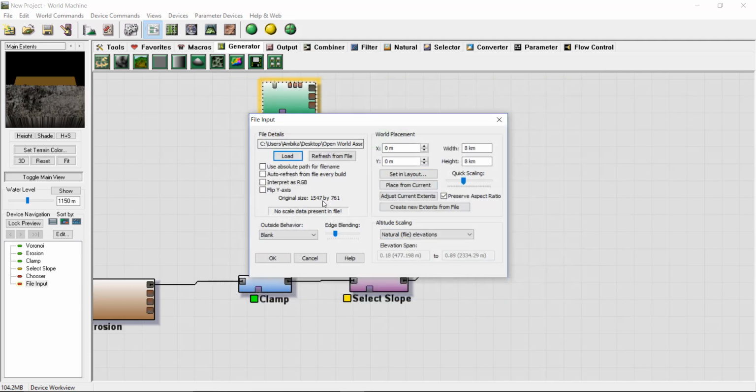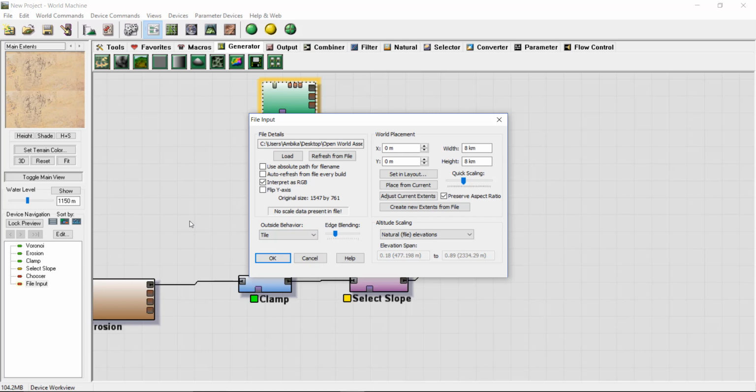I just loaded desert, and I wanted to interpret it as a color and not like a height map. Right now it's interpreting it as a height map. I don't want that. So I want to interpret it as an RGB, and I want to tile it so that wherever